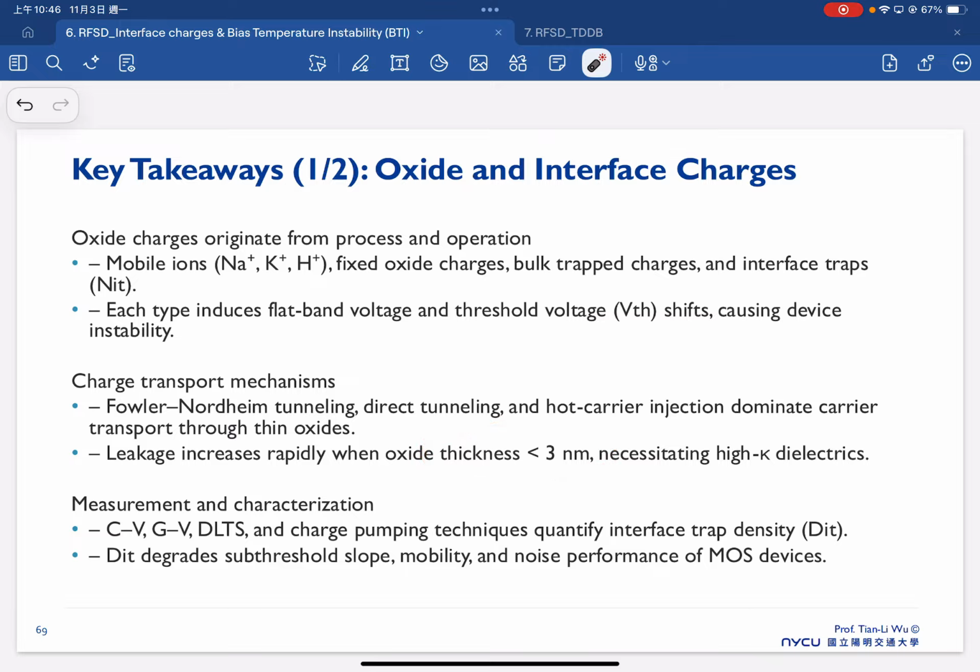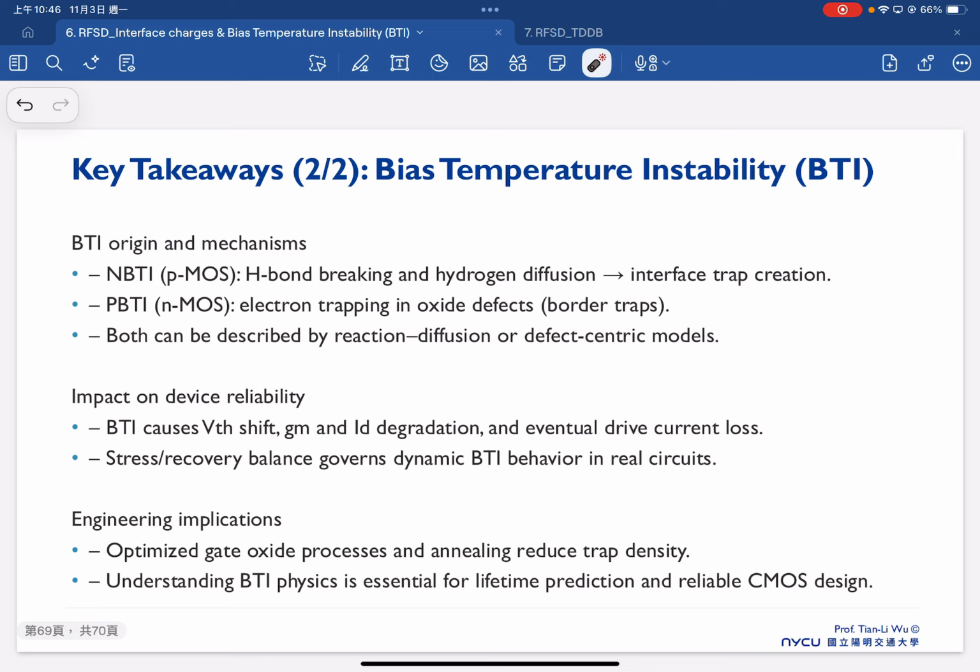And we introduce certain methods, CV, GV, and charge pumping, to quantify this DIT. And also DIT can degrade SS, mobility, and noise. And later, we talk about the BTI, actually the case of NBTI and PBTI. NBTI in the early times is mainly about hydrogen diffusion. PBTI is electron trapping, but both can be